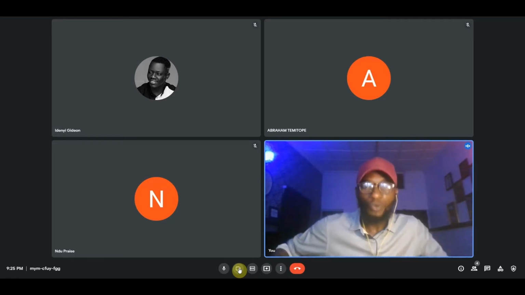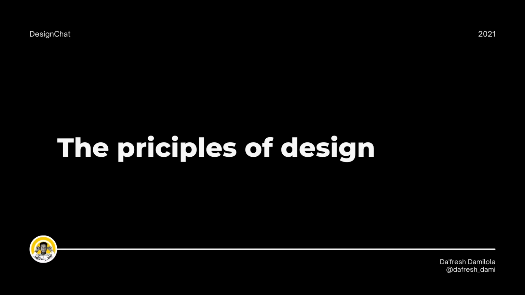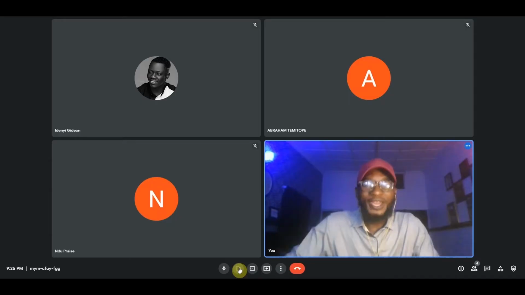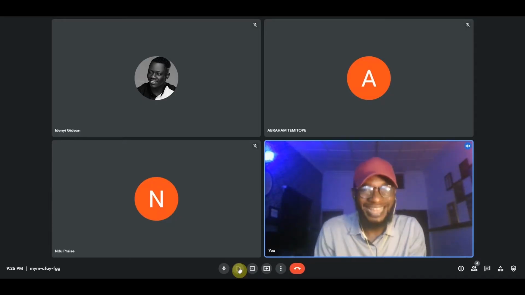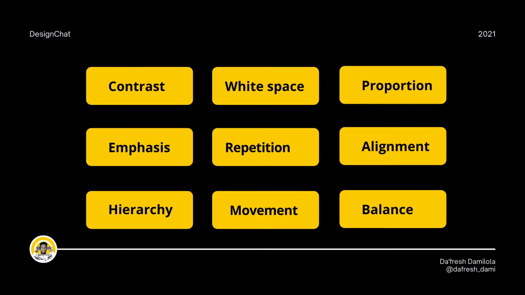So let us even move away from the software angle now, which is also understanding the basic principles of design. Even if you are creating design with Photoshop and you don't understand the principles of graphic design, you don't understand how to use contrast, you don't understand the principles of hierarchy, emphasis, white space and all those other principles, you are going to create an awkward design.